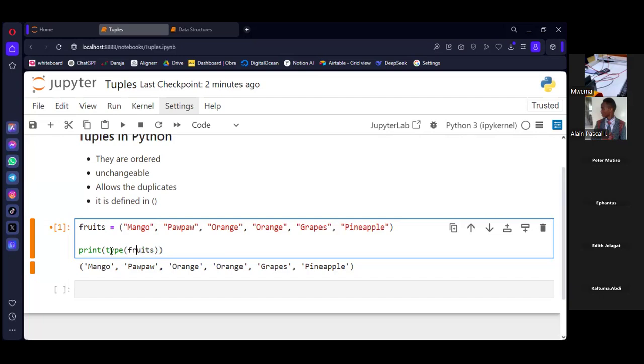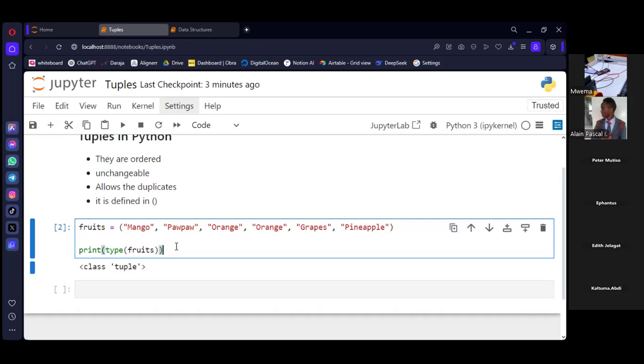In this case, it's the built-in type function, so you need to specify the object. In Python, everything is an object. So when you say type, you get the data type of that value. So this is a tuple.